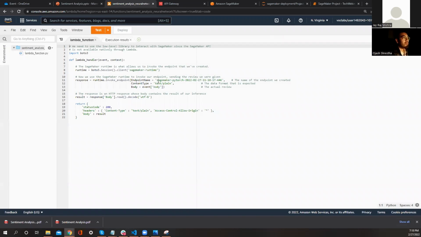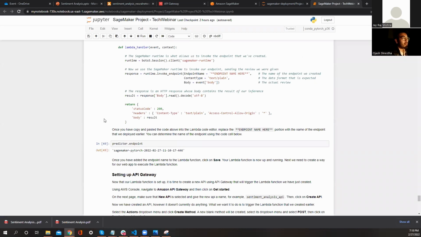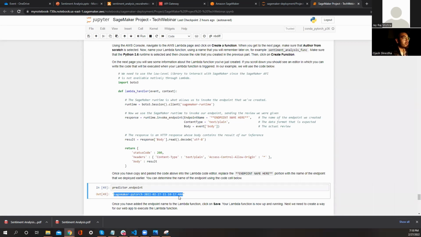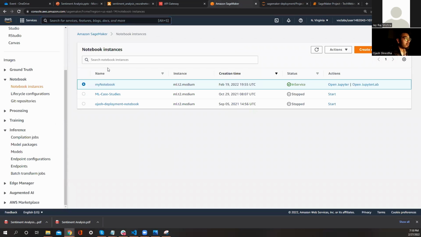All I did was I used this endpoint from the notebook I had, right? So this is basically the predictor endpoint. Now we are going to get the endpoint. First of all, we get the endpoint from this notebook itself, and then we use this and add it to our, and we wait, where is it again?